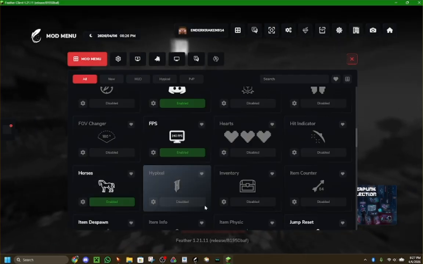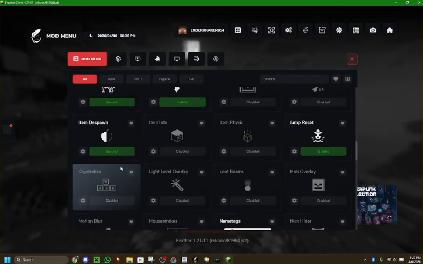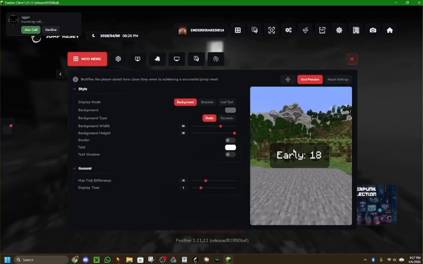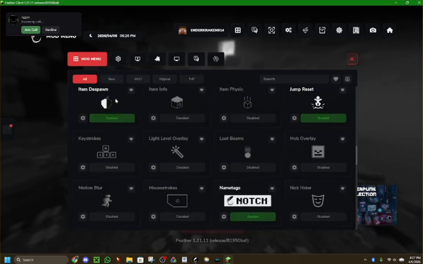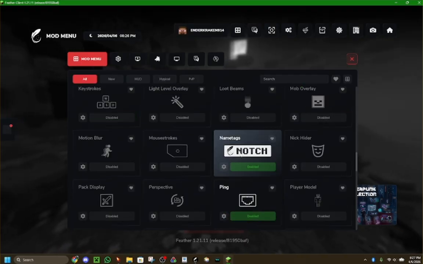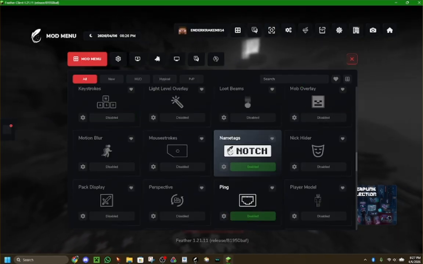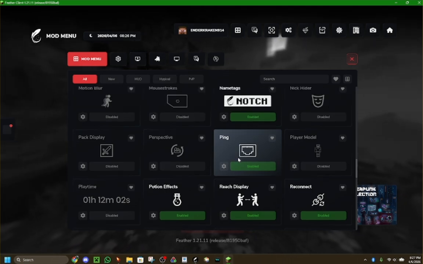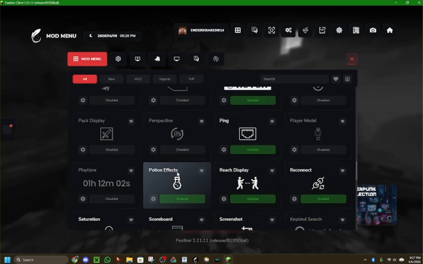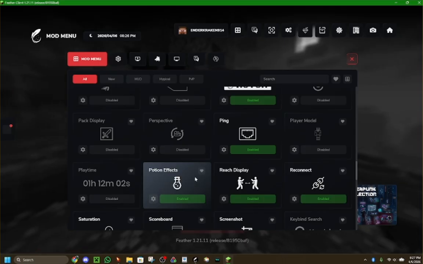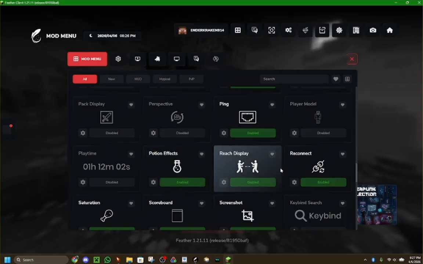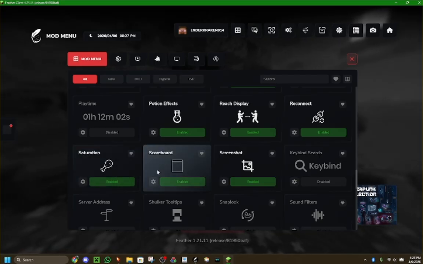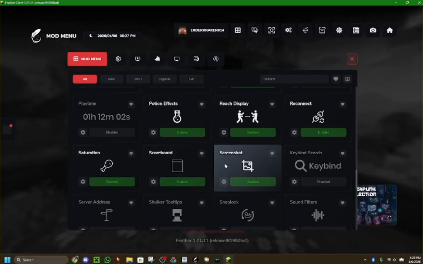Horses, I don't even know why Hypixel is on, but yeah, turn on Hypixel. Item despawn, jump reset. Jump reset is very, very nice when you're doing sword PvP. Name tags shows you the Feather symbol next to their name tag if they're a Feather player. Ping. Potion effects is crucial. Reach display. Reconnect. Saturation. Also saturation is crucial. Scoreboard, screenshot,